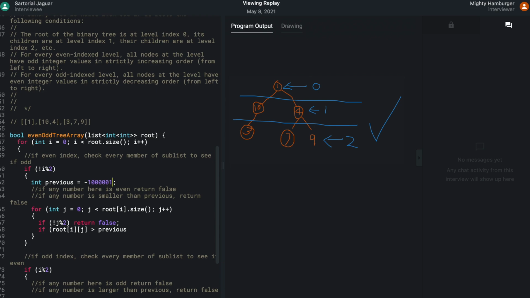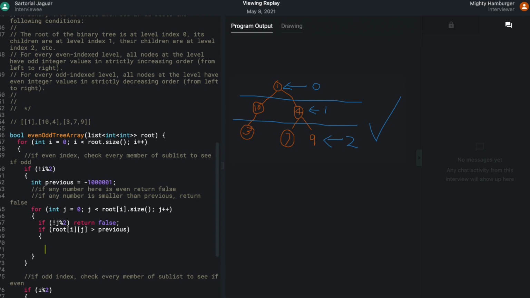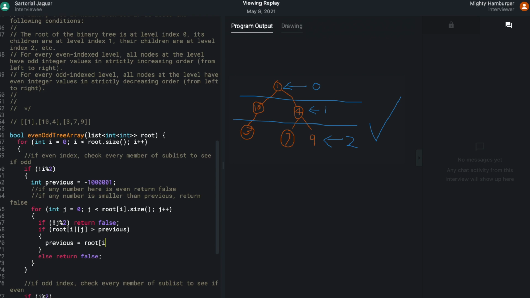So if that's bigger than previous, we're going to do stuff. Otherwise, return false. The stuff we're going to do is smallest or previous equals root i j.